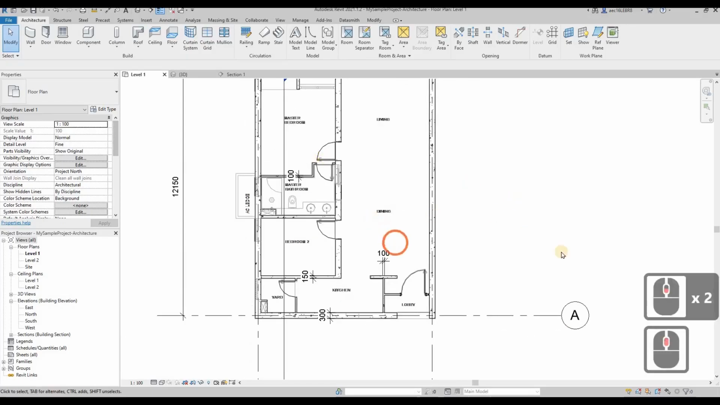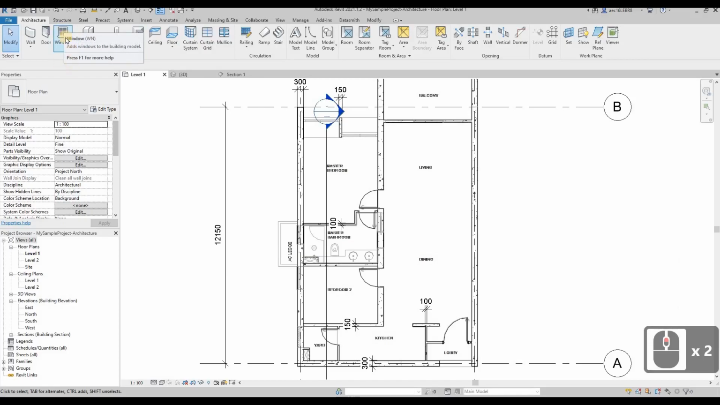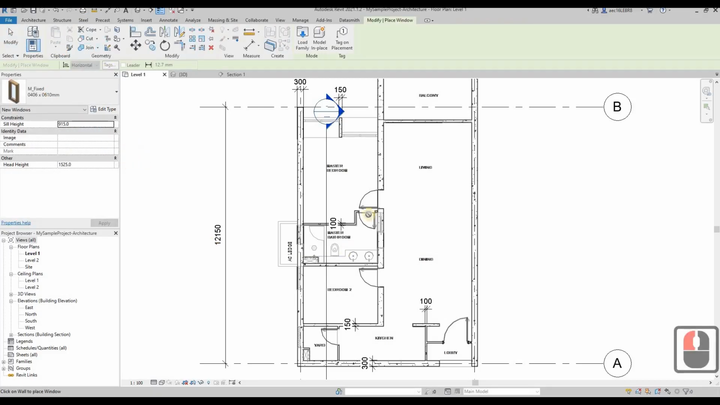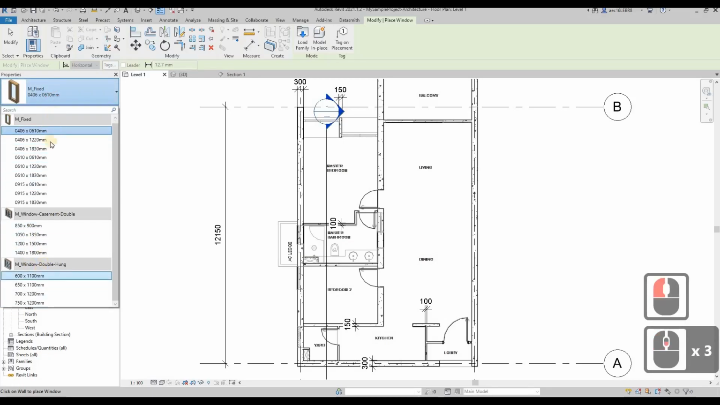So in this session, we're going to explore more into our architecture tab and windows and elements, okay? So this is the window panel. When you click on this windows, similar to the door tools, you have a list of windows already loaded inside